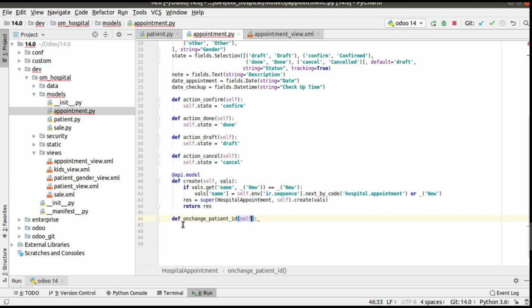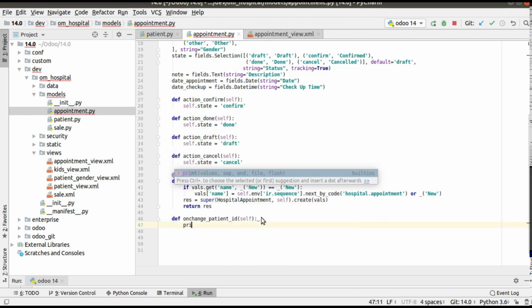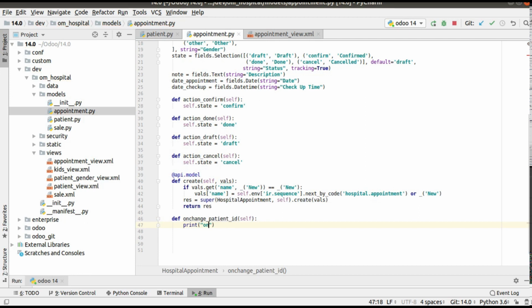The syntax must be def onchange_ followed by the field name, patient_id. This is the coding standard that you have to follow: give the name like def onchange_field_name, and here you can write something, print 'onchange triggered'.